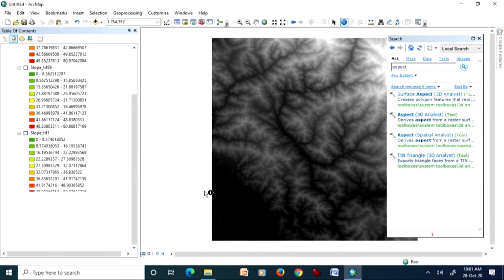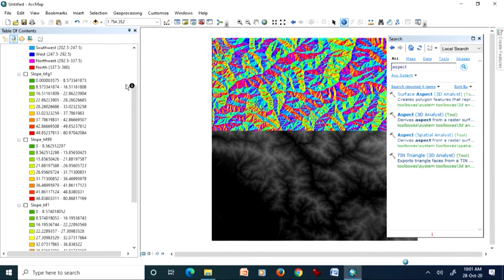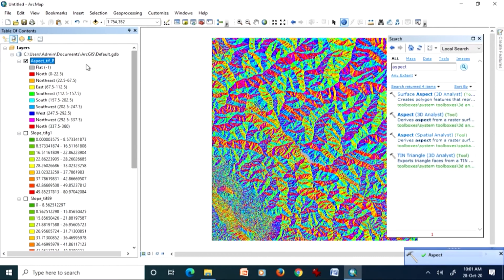Now the output is going to be floating point, not integer. We will see whether two different methods bring different results or not. So it has created a slope aspect map with the planar method.